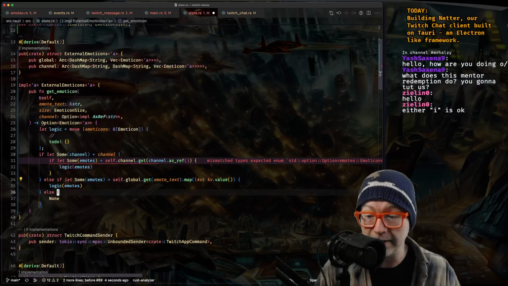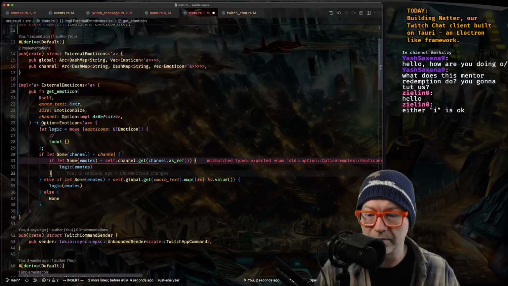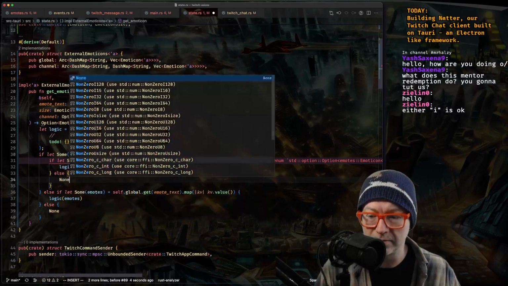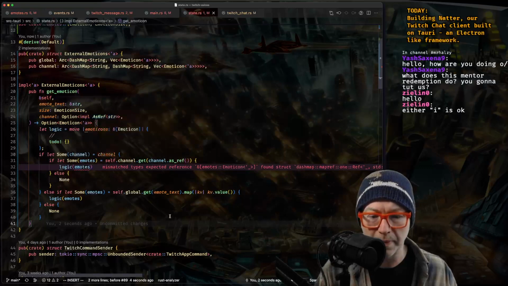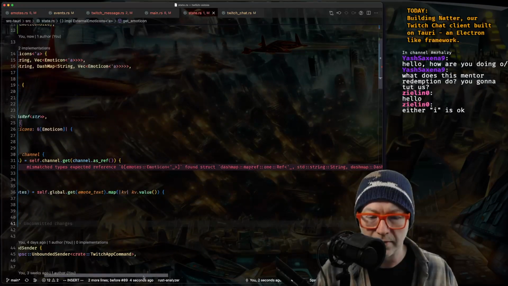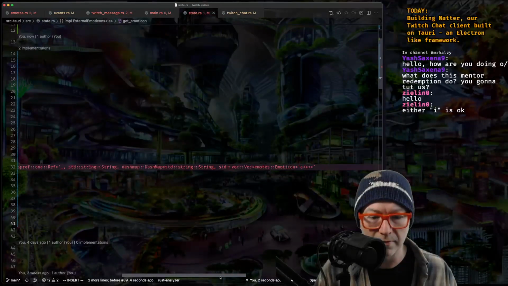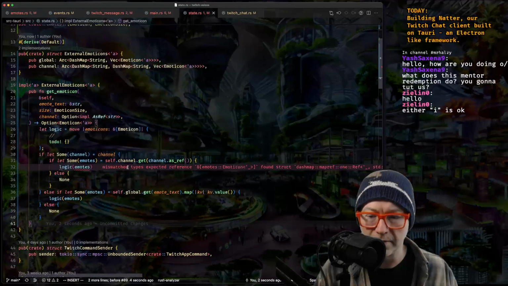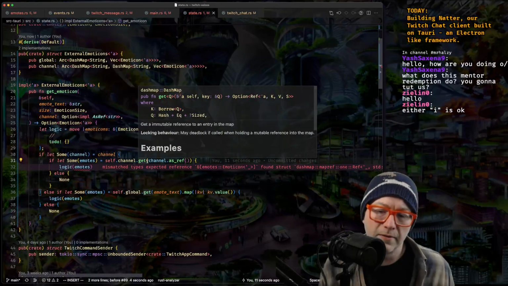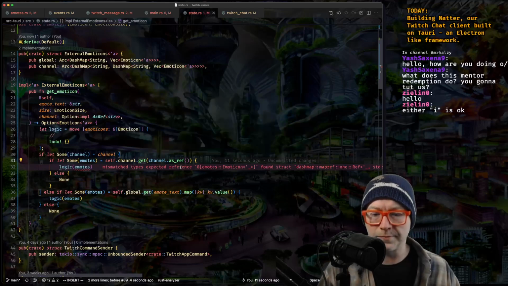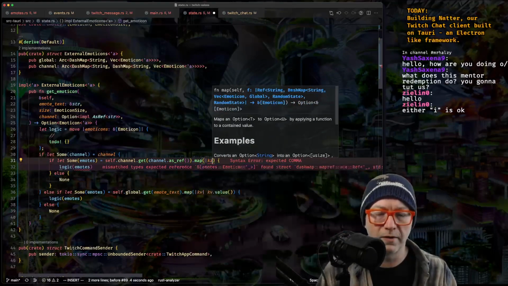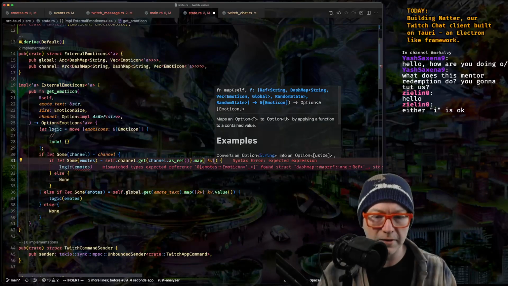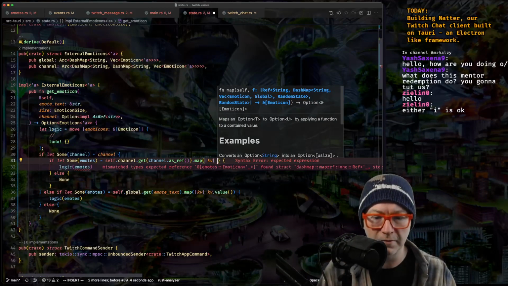Here we still need that. We'll map that using its ref.